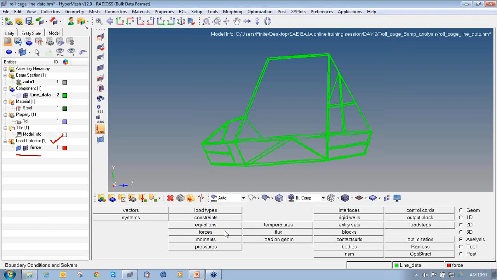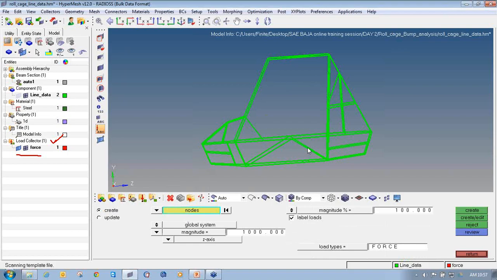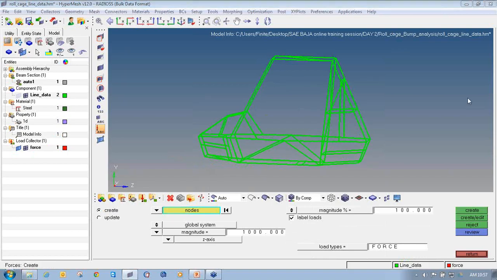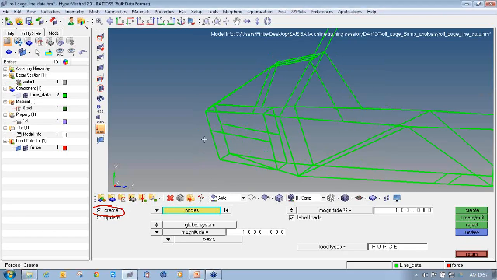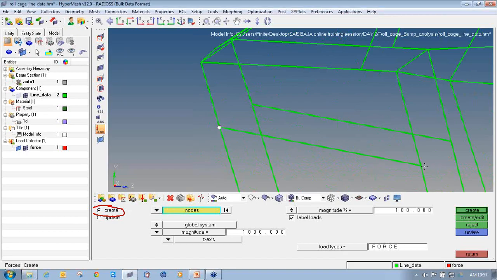So go to analysis, forces, select the radio button as create, pick these nodes, the suspension pickup points.